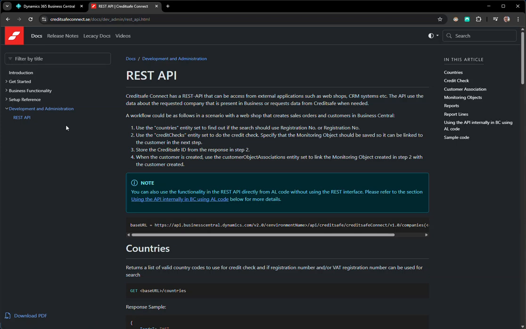And the first thing we will take a look at is a sample typical workflow where we use the REST API in a web shop scenario where you want to do a credit check on a potential customer to determine what kind of means of payment you want to have available for that customer. So basically, we want to do a credit check, and normally,